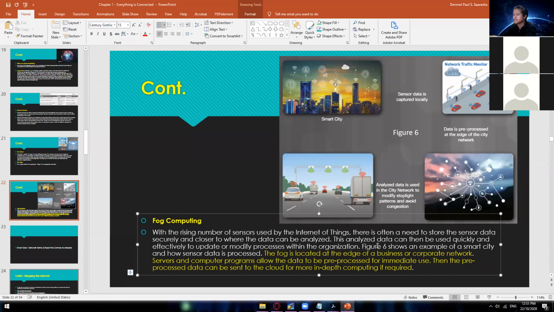So figure 6 shows an example of smart city and how sensor data is processed. Okay, so lahat yan connected sa isang server bago niya i-upload sa cloud. Wherein kapag na-upload na sa cloud, yun yung tawag nating fog computing. Okay, so ito yung pinaka-main description ng fog computing. The fog is located at the edge of a business. So again, dadaan siya sa edge, pinaka-server ng local nyo, local area network. And then,